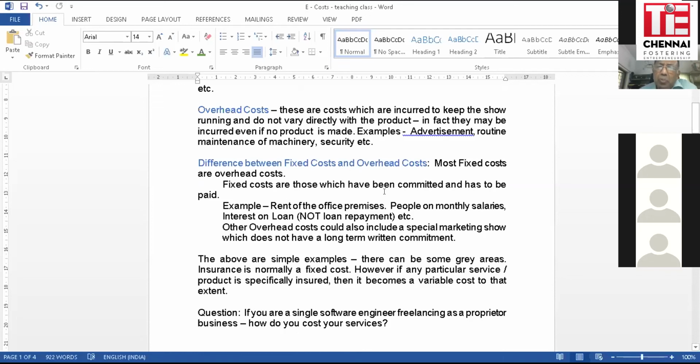Then what's the difference between a fixed cost and an overhead cost? If both are the same, what exactly is the difference? There is no written difference, but the understanding in business is mostly that most fixed costs are overhead costs. Now, overhead is a bad word. See, the idea is everybody says cut your overhead, try to make your overhead zero. You cannot make your overhead zero. There have to be people who want to help you run your business, even though they are not contributing directly to the making of the product.